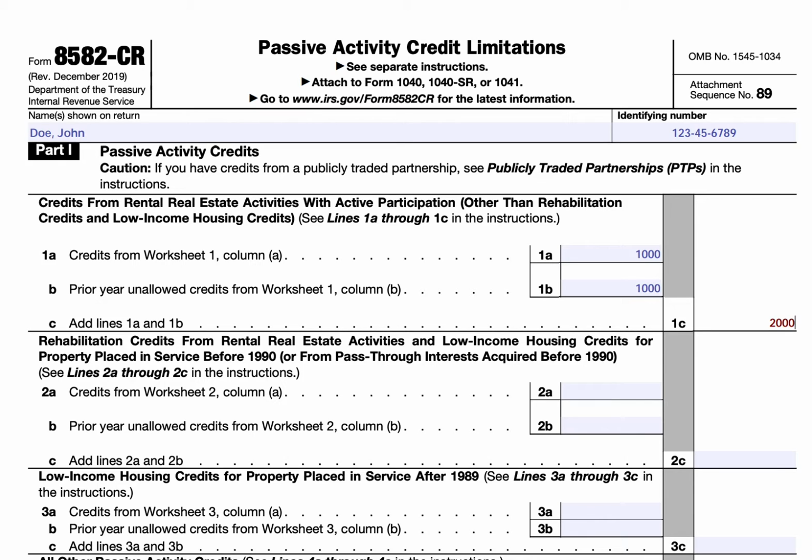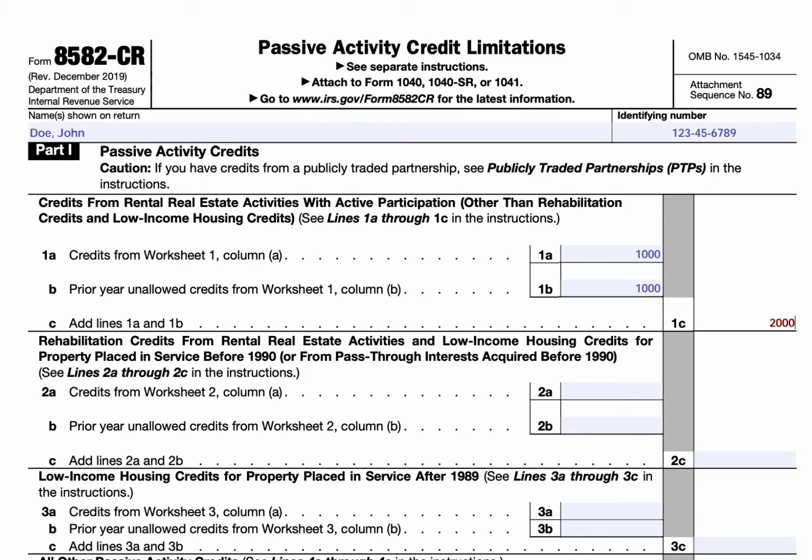2A specifically is for rehabilitation credits from rental real estate activities and low-income housing credits for property that was placed in service prior to 1990. And so there are different rules that apply to low-income housing credits for property placed in service in 1990 and beyond. But for the interest of this, if you own, say, low-income housing, or if you own a pass-through entity